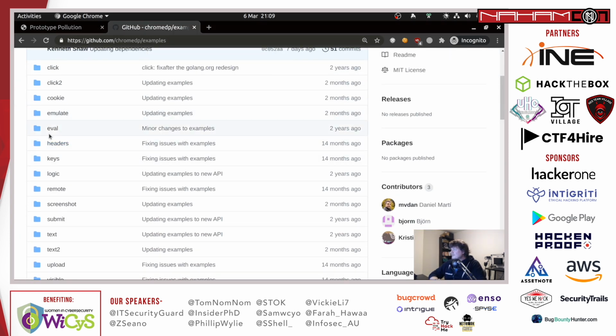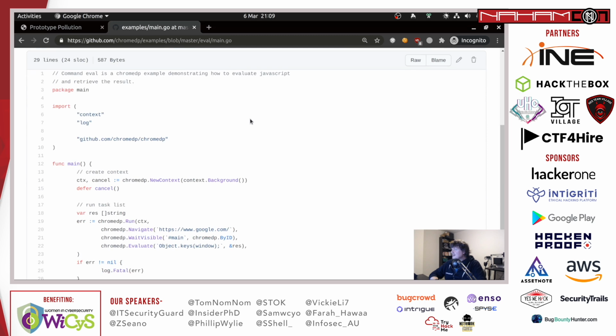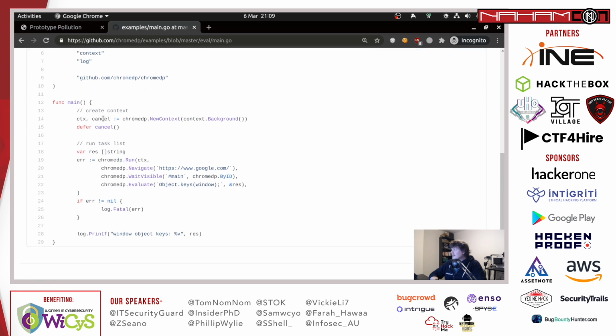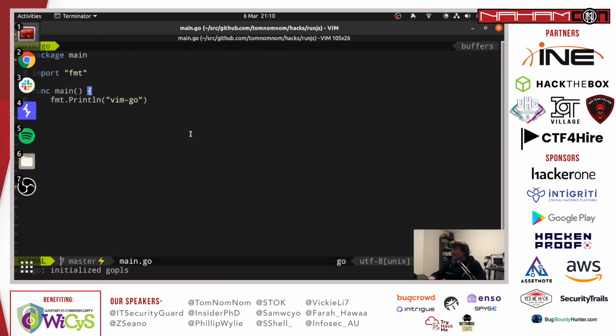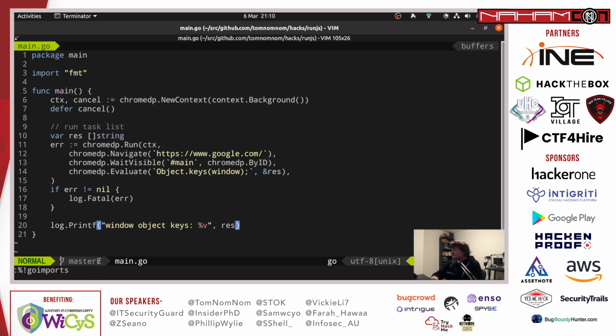There's an example in the examples repository called eval, which is what I'm going to use. If we take a look at it, we can see it does something with a context. We don't know about that yet. It does chromedp.Run. It navigates to a page, waits until some element is visible, and then it evaluates some JavaScript and puts it into some kind of response variable. So this feels like the kind of thing that we want, or at least pretty close. So let's just copy and paste it, put it into our window,